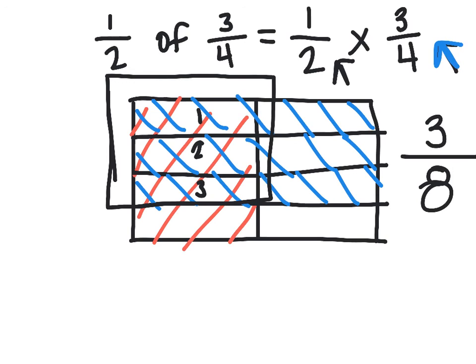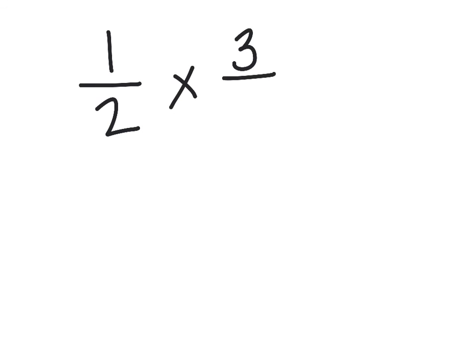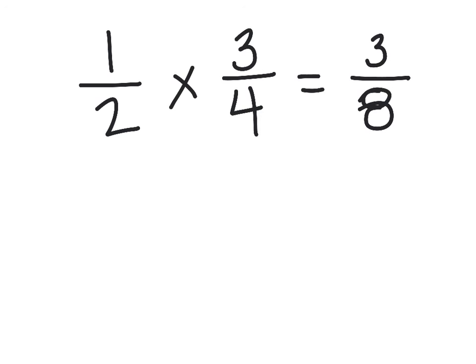If you'd like to see how you can multiply mixed numbers, you can see the videos about multiplying mixed numbers with an area model and multiplying mixed numbers by turning them into improper fractions. Also see that if I had 1/2 times 3/4, I could also just multiply across to find the correct answer. So 1 times 3 is 3, and 2 times 4 is 8. And I will come up with